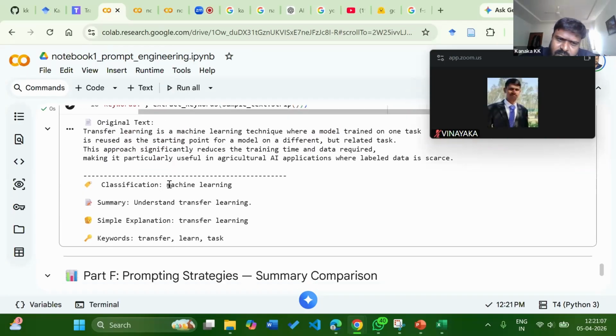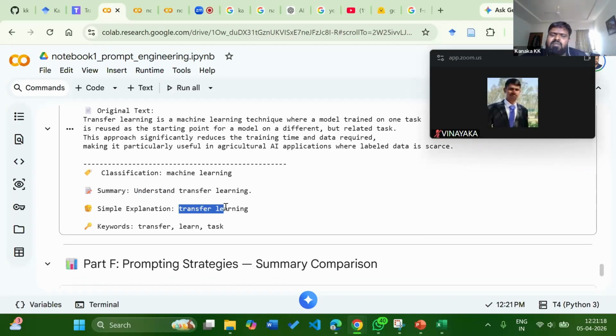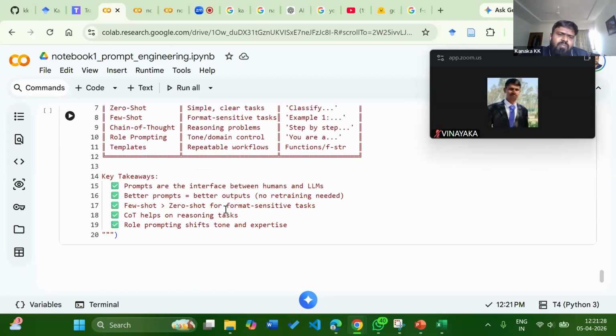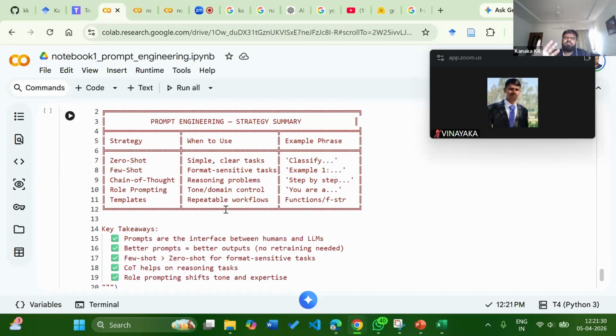Yeah, the classification worked perfectly. That is machine learning. Then the summary. What is the summary of this big paragraph? It is something like understanding transfer learning. The simple explanation is something like keyword meanings, and finally the keyword extraction is transfer learning task. Okay, these are some key things. So this is the summary of